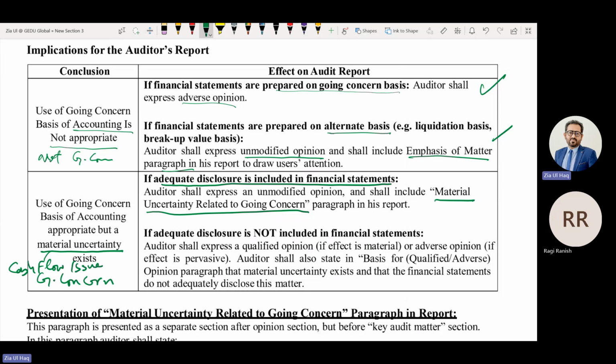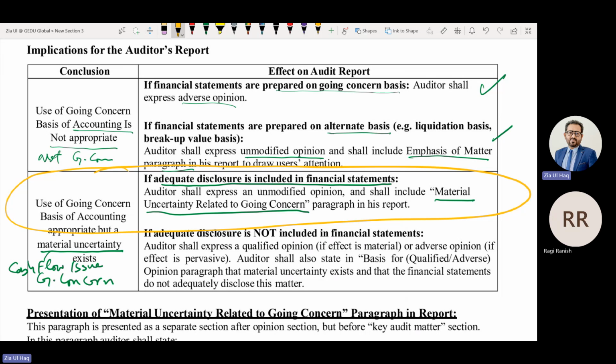in the audit report. In the similar way we highlight any disclosure of financial statements through emphasis of matter, this cash flow issue disclosure we will highlight through the material uncertainty relating to going concern paragraph rather than emphasis of matter. And only under this situation will this paragraph be included in the audit report. Never ever otherwise.